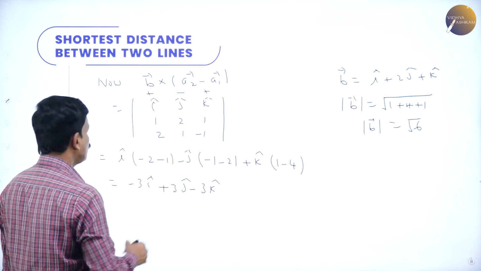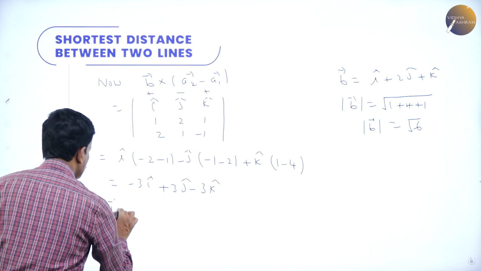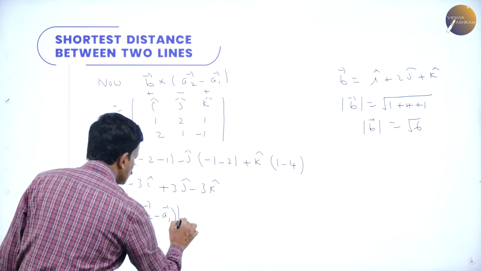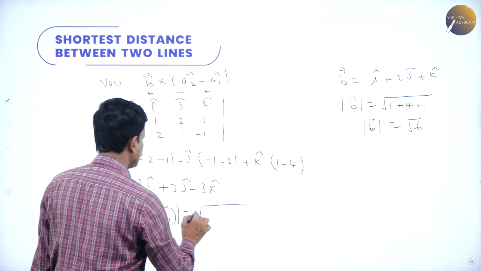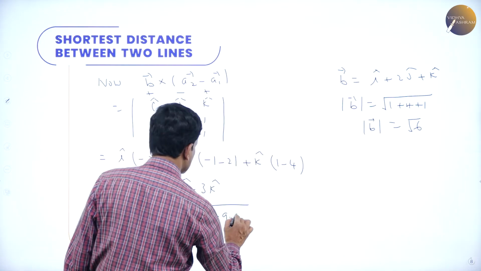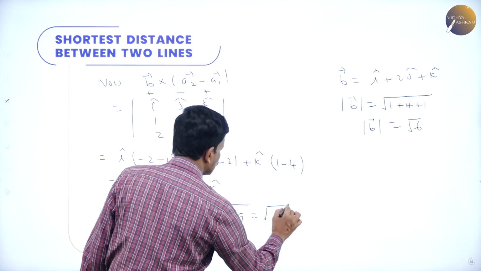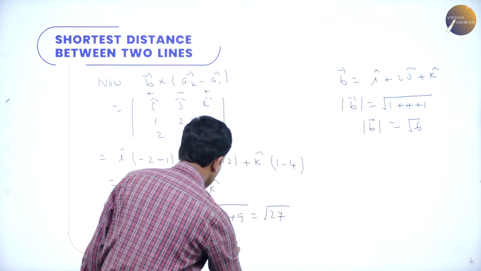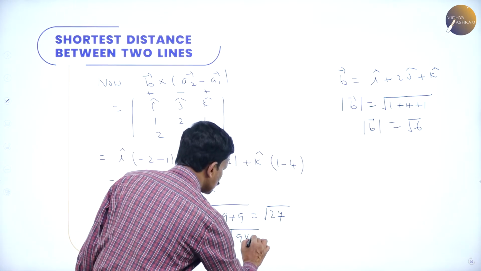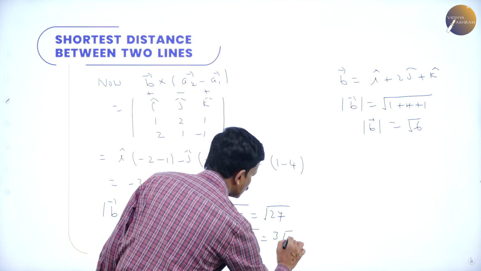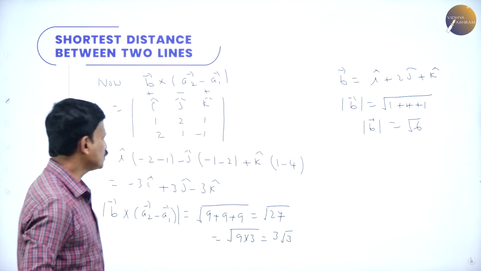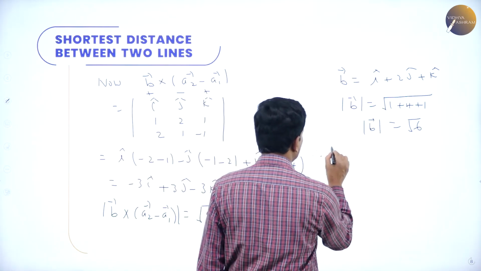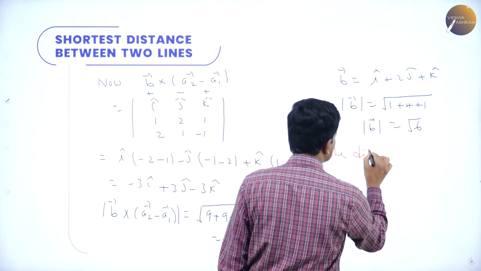Okay. Now find the magnitude of this. Magnitude of B cross (A2 minus A1) is equal to the square root of 3 squared is 9, 3 squared is 9, 3 squared is 9, 9 plus 9 plus 9 is 27. This can also be written as 9 times 3, which is 27. This is 3 root 3. Now, therefore, the distance between the parallel lines is given by